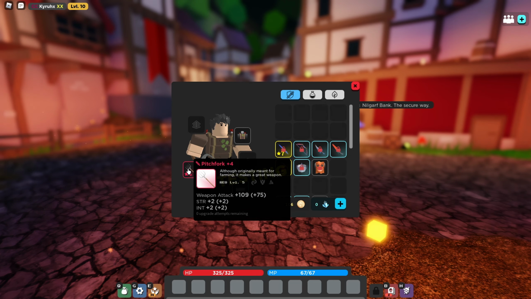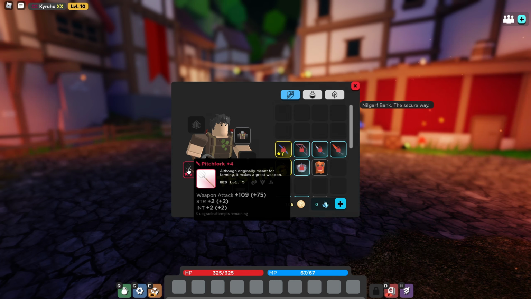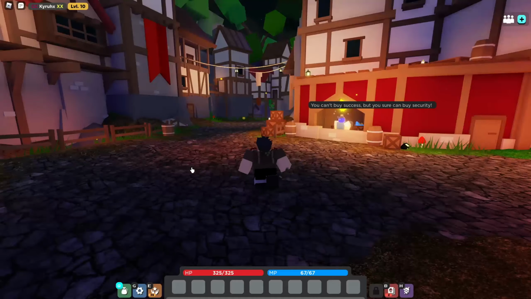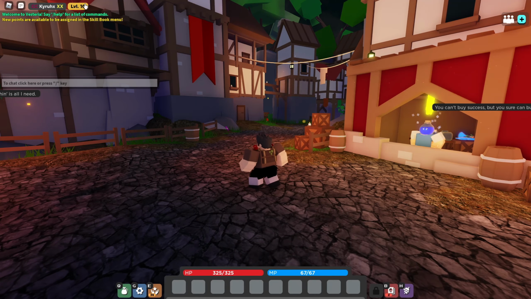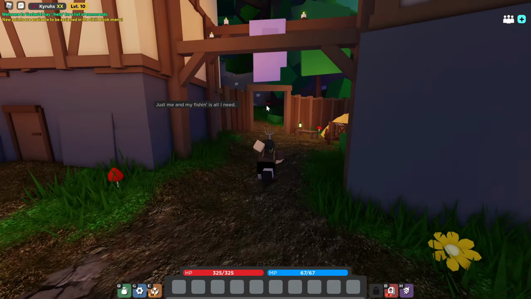This pitchfork I got pretty close to my endgame one. It's almost exactly as good as my endgame one. So you can see this is really all you need to be able to do this method. So level 10, assuming you just rebirthed, make your way back to Nilgarth, equip your gear, and you're gonna head